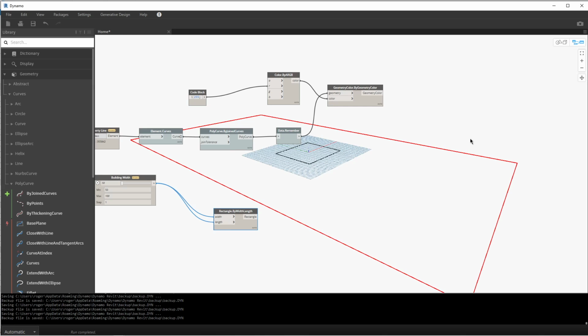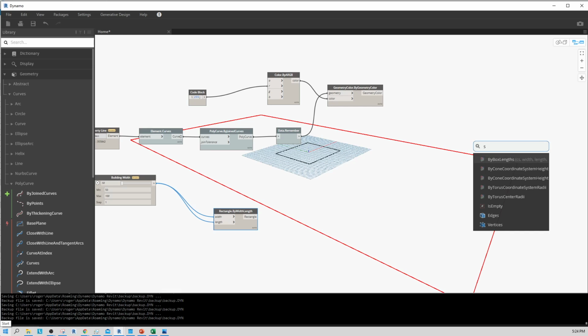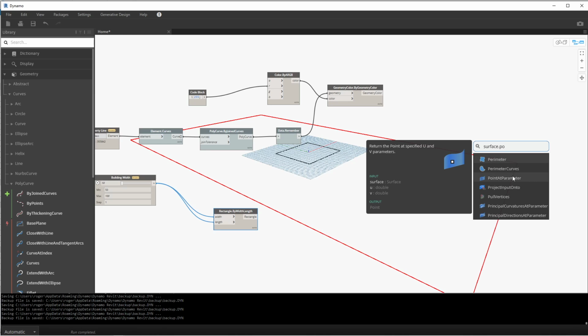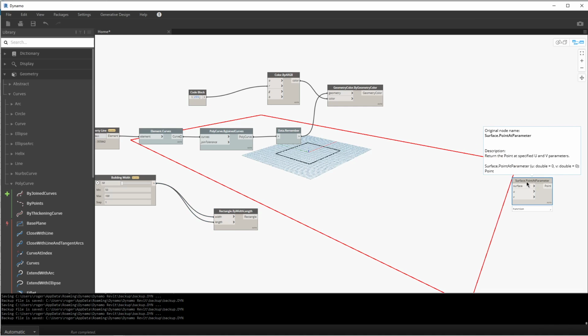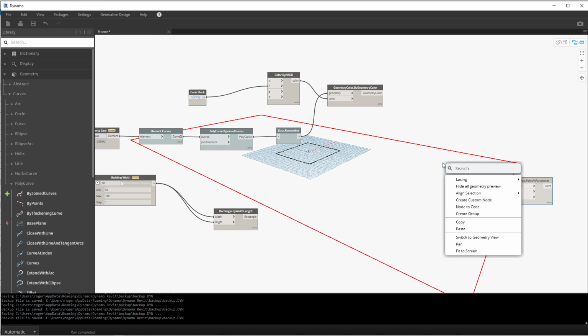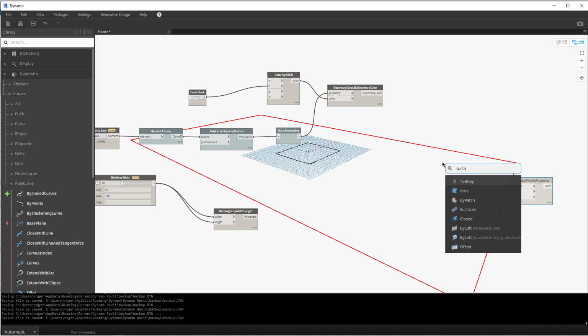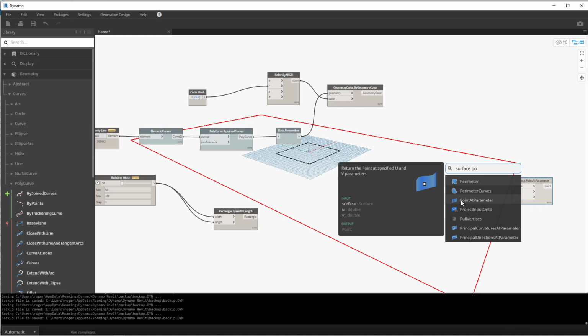So I'm going to grab a special command, a surface command, that creates a point, Surface.PointAtParameter. And this is a unique function. Actually, I want to go back on that. I'm going to just retype that because I wanted you to see the graphic. Surface.PointAtParameter. So what happens here, if you look at the output, it takes and creates a UV space,